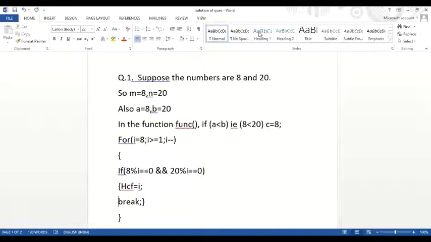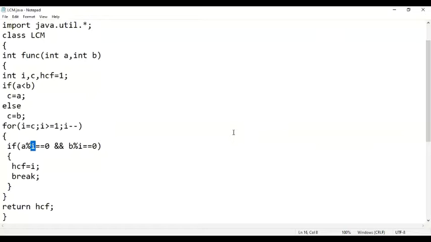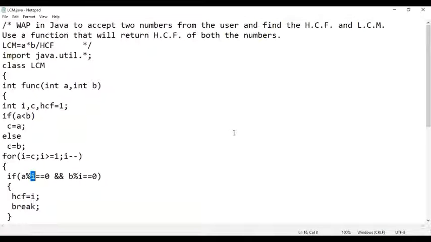Let us move to the program again. This was the program. Have a look at the program. If you have any doubts in any of the parts of the program, you may ask me. Otherwise, I'll execute the program and show it to you. Anyone who is having any doubts? Anjasi, this is your first class.